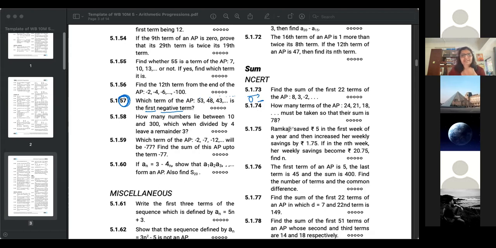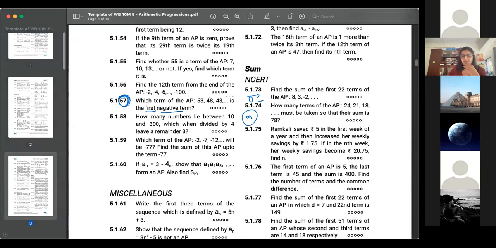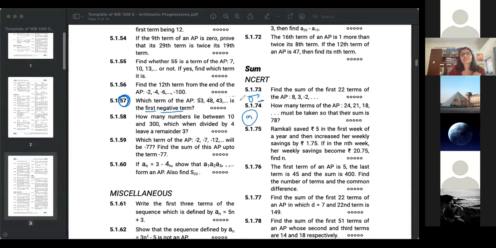Nice. That's good logic. So once you figured out the first negative term, you can find the n that you get. But in case it is not very easy, what is another way you can find out which is the first negative term? Like if it is not as simple as 5 being common difference, if the common difference was 7 or something, फिर कैसे find out करोगे? The formula is there. A plus n minus 1 d, हाँ. And we'll do it instead of equal to sign, we will do it less than sign to 0.